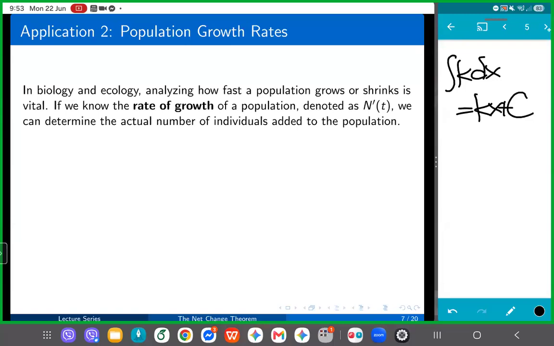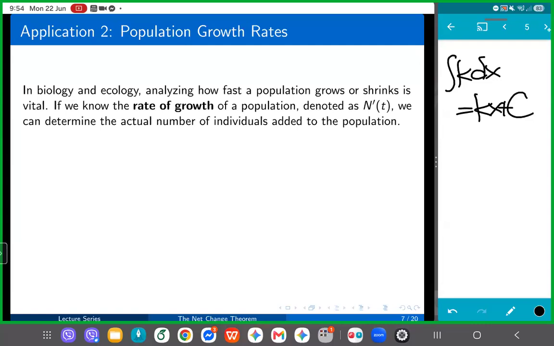But let's also have an application on biology, which type of questions may also come out in the midterms because it's still about net change. So we do not restrict our application on net change to just economics or business. You could be given any problem which is about net change. It could be like in chemistry, where you will be given, say, the amount of a substance. So what's the change in the amount of the substance? It could be anything, in any field, any topic.